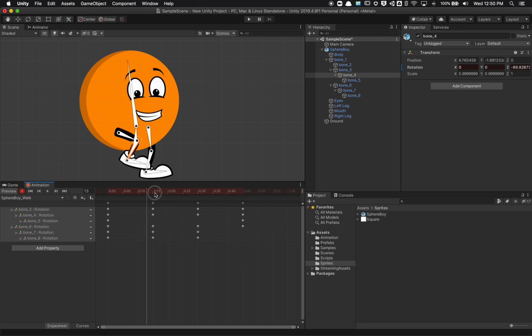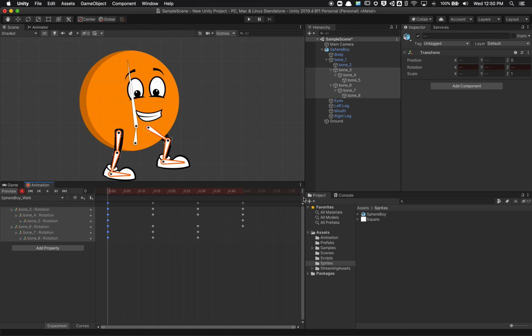So we're going to walk forward, step, put it down, and we want to end in the same place that we started. So we'll click right here and go to another 15 frames forward, and wrong button, and we'll paste that in there. So now let's see, as I play that,